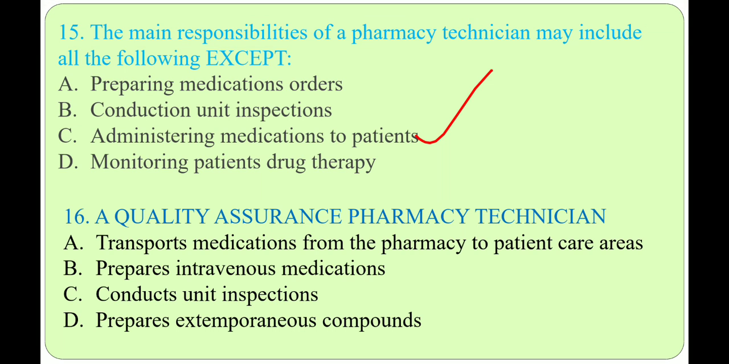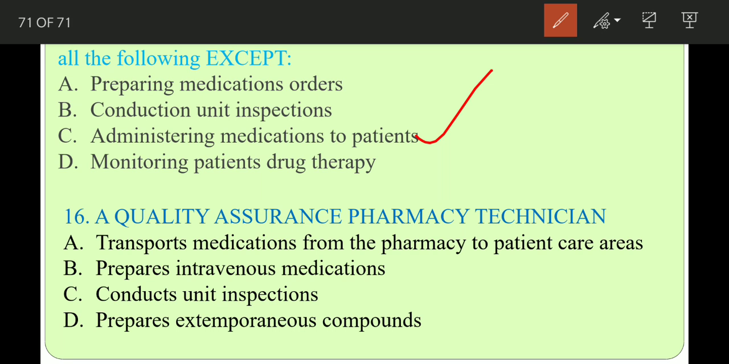Now the next question is, a quality assurance pharmacy technician. A. Transports medications from the pharmacy to the patient care area, B. Prepares intravenous medication, C. Conducts unit inspection, D. Prepares extravenous compounds. So what is the work of the quality assurance department? Conduct unit inspection is the correct